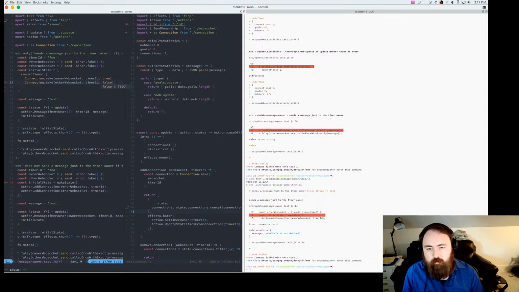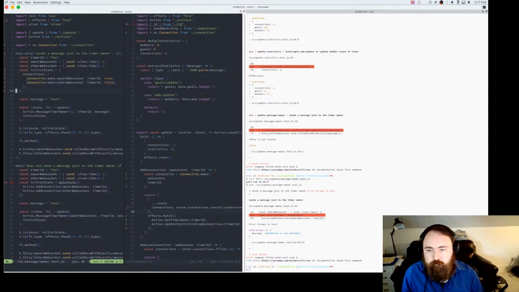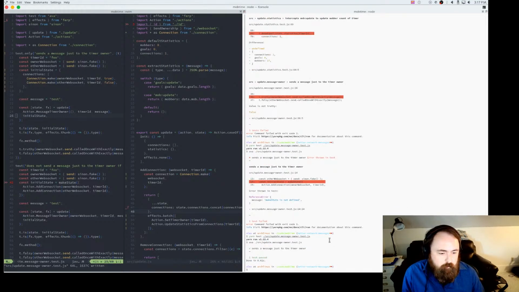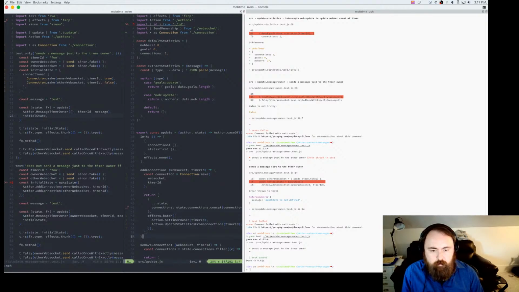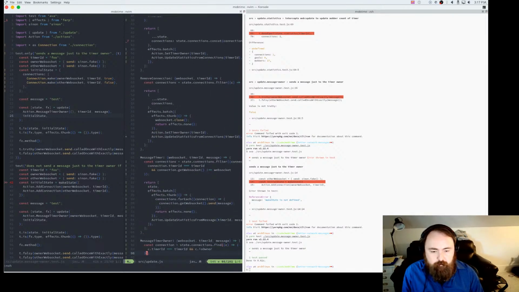And what we know in this case, it's going to be false. Okay, and so let's see what our test says. So it says everything's good there. So let's actually confirm that's true.